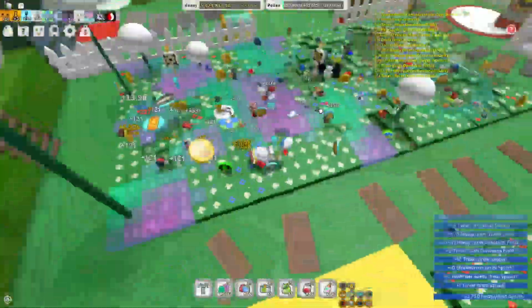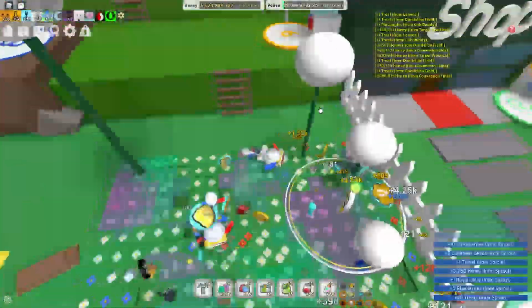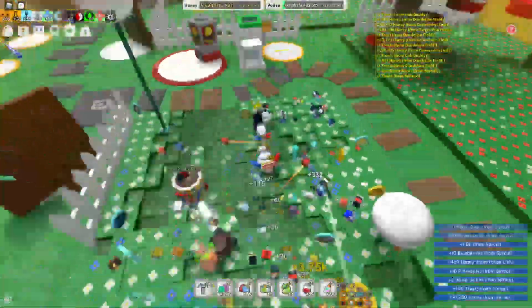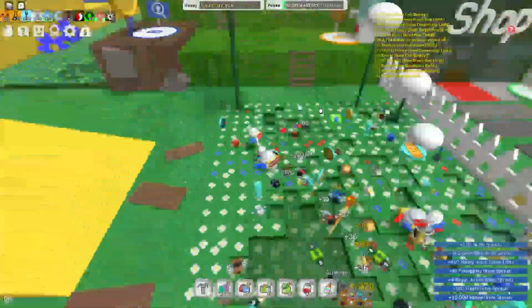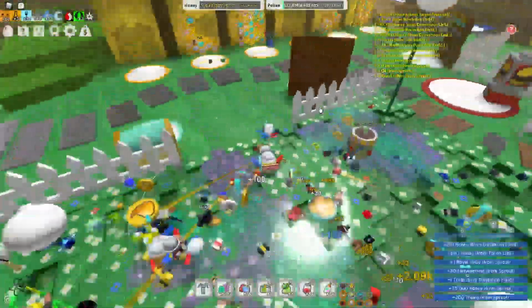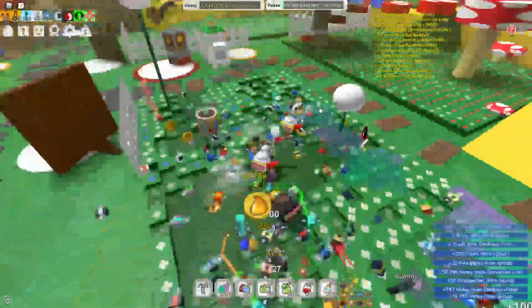Oh, there we go. Okay. Normally there's like an epic sound, but I have the sound muted at the moment. That number that was above the sprout is how much pollen needs to be collected from this field. All players can contribute to it. And when you finish that, all these tokens with prizes appear around the field for like 30 seconds or something.